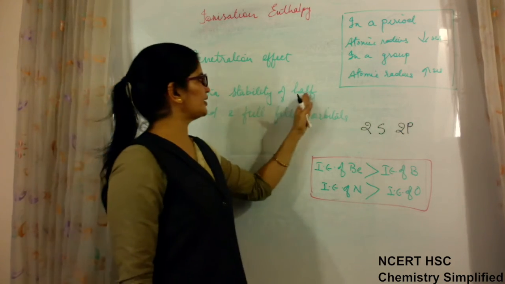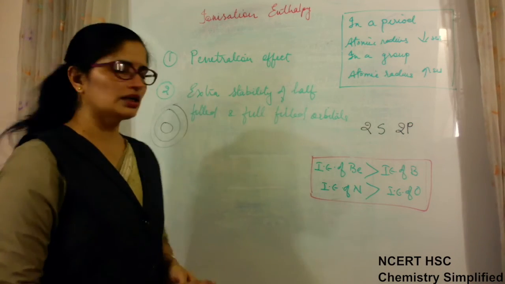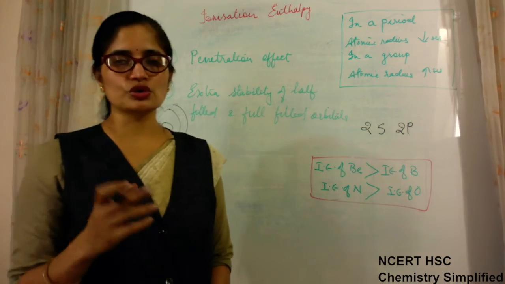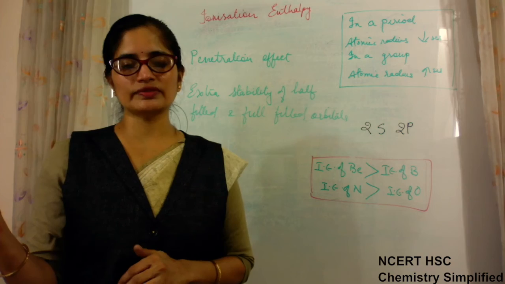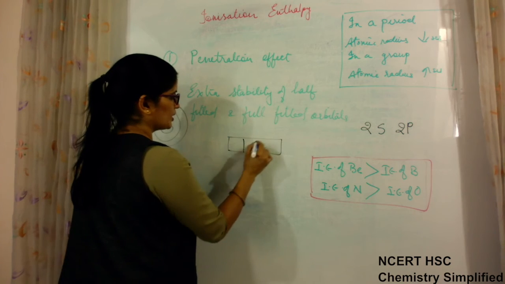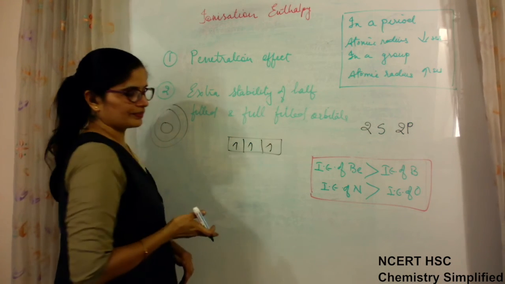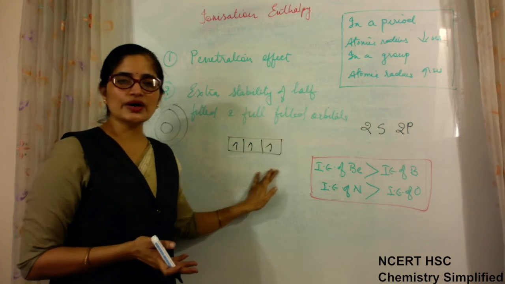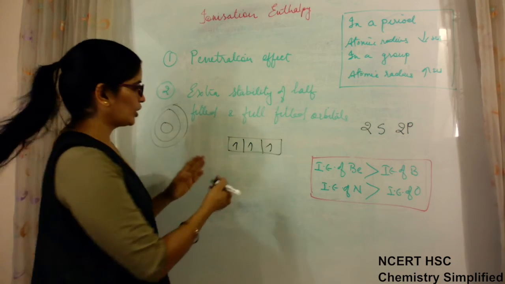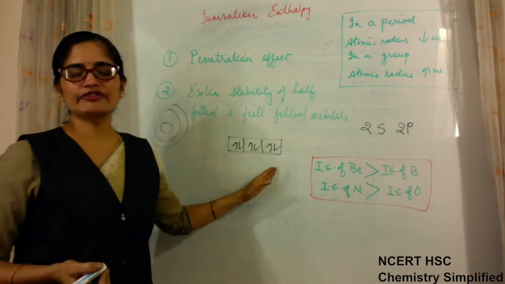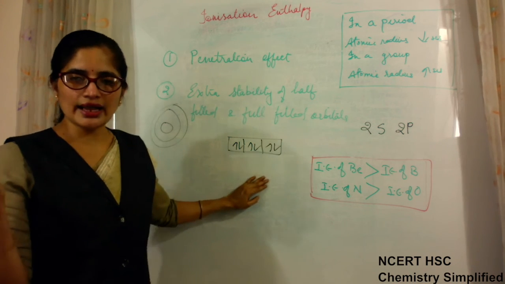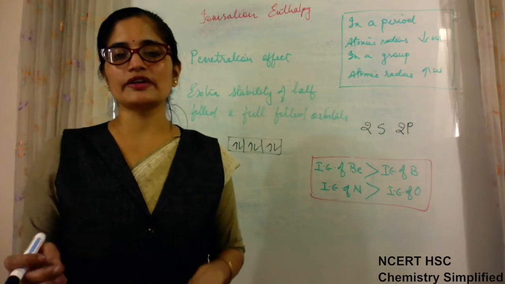The second factor is extra stability of half-filled and full-filled orbitals. This we had discussed when we were doing Pauli's exclusion principle and other things. I told you that whenever the half-filled condition comes, that all orbitals are half-filled, for example, in the p subshell, if the p subshell has 3 electrons, 1 each, then this is an extra stable condition. It is difficult to pull out an electron from this stable condition. On the other hand, if it is completely full, then also this is an extra stable condition, and when such a condition arises, extra energy is required to pull out electrons.